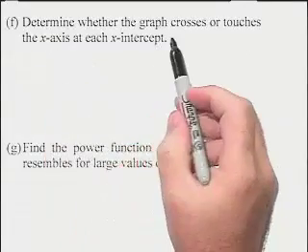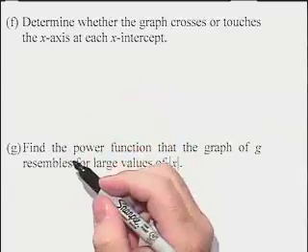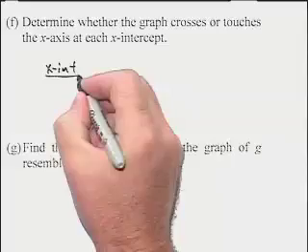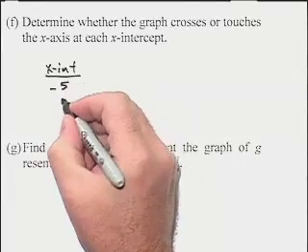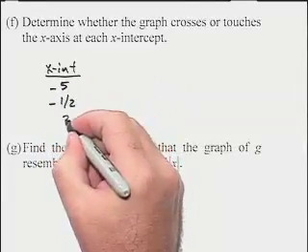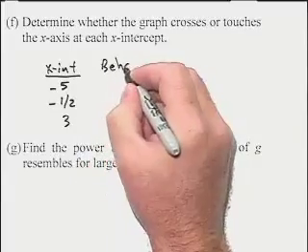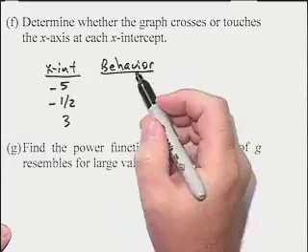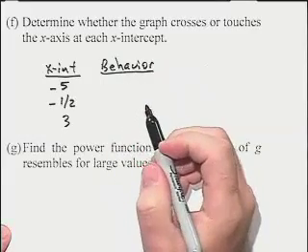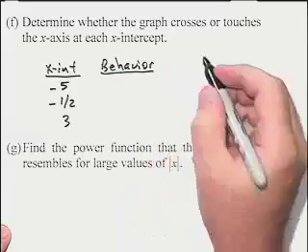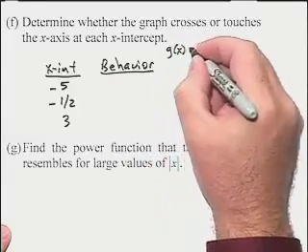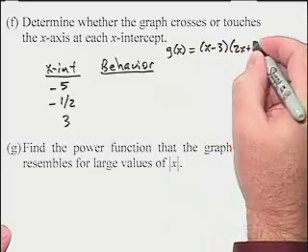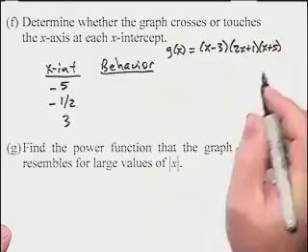Next, we're going to determine whether the graph crosses or touches the x-axis at each x-intercept. If we list our intercepts, we had negative 5, negative 1/2, and 3. And we're interested in the behavior of the graph at each of those x-intercepts. Now, whether the graph crosses or touches at an x-intercept is determined by the multiplicity. We factored g of x as